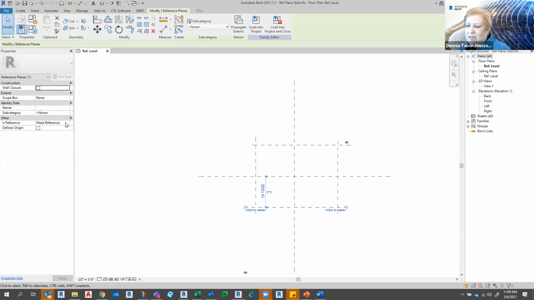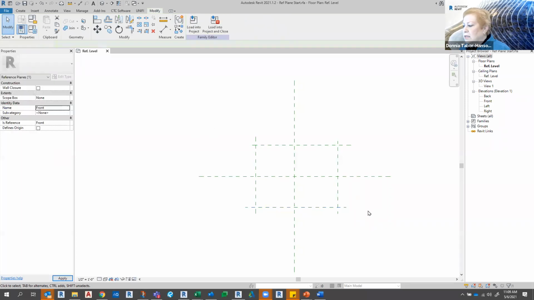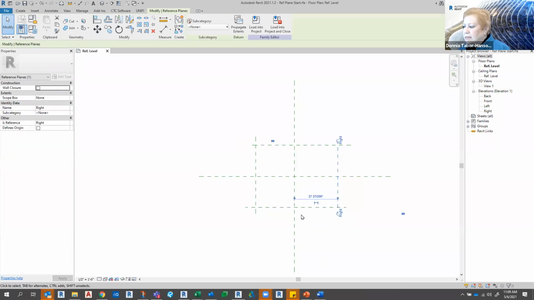And let's go ahead and give this one the front name. So now I've got these four named. I can see that the negative side is to the outside of the centroid of the object that we're going to be building. When I go to a front view,